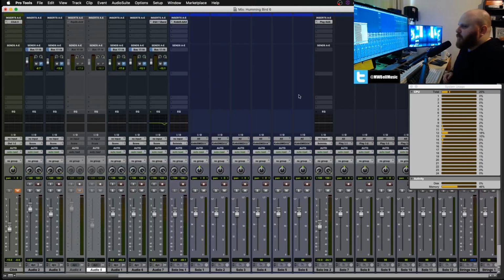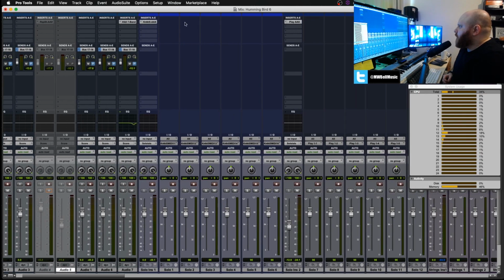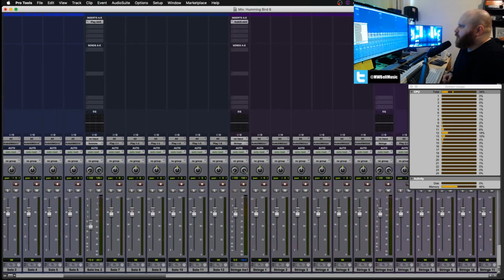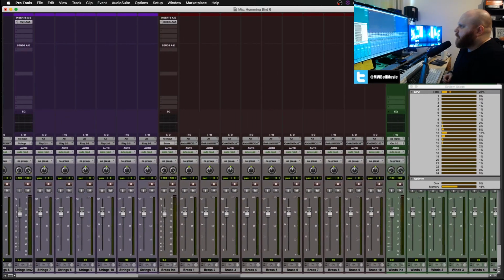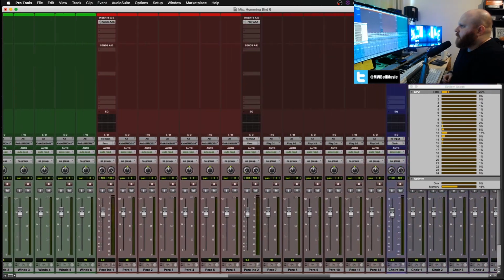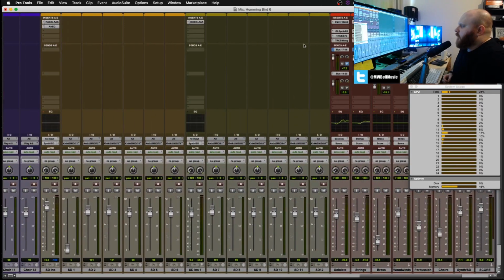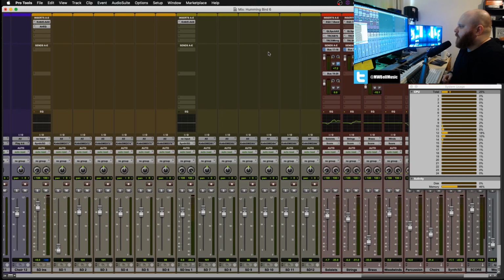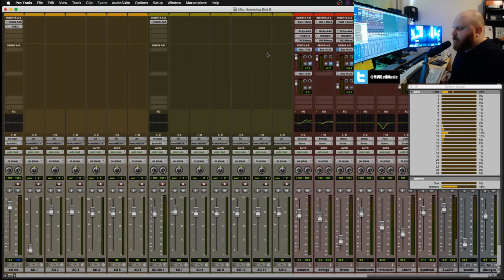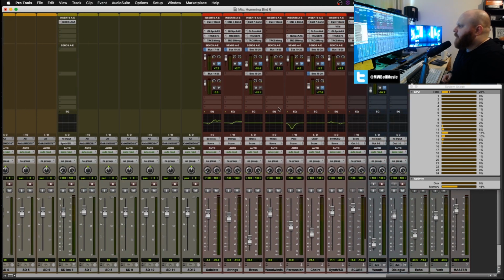If we bring the mixer window up, we can see here that there's 1, 2, 3, 4, 5, 6, 7, 8, 9, 10, 11, 12. So we've got 12 instances of Kontakt and Play, 6 being Kontakt, 6 being Play, and then there's a fair amount going on in my sub mixing